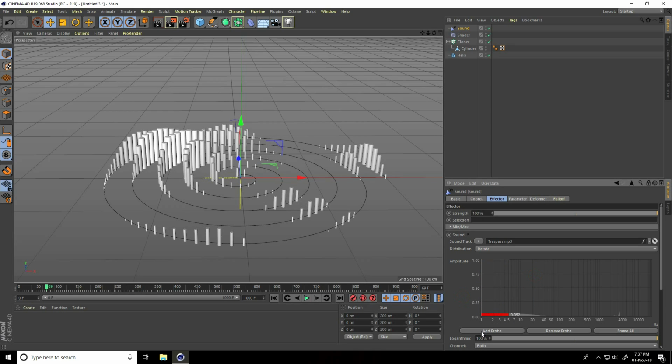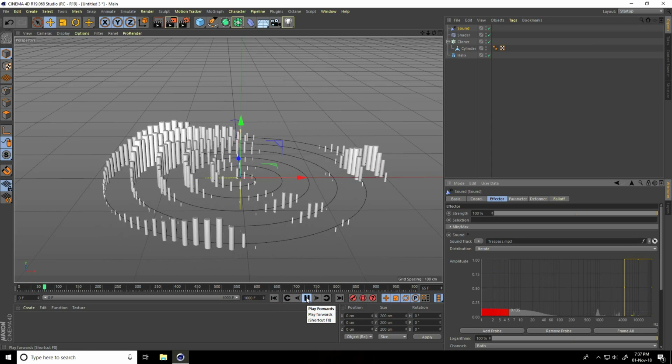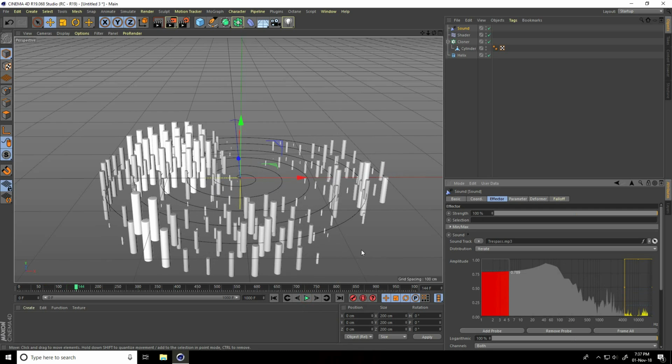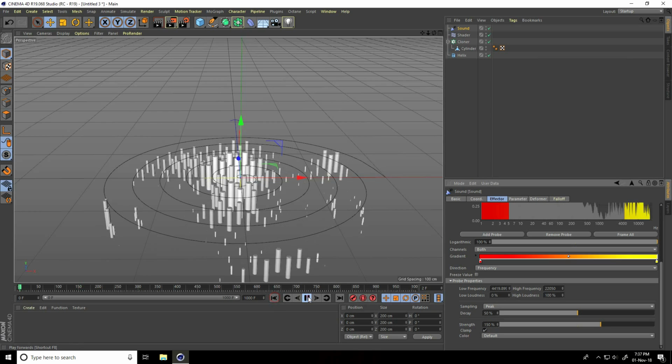And again add portable click. This one go on here. Yes, go on back. Right? So go on down. Guys, decay I take 50 and strength I take 150%.